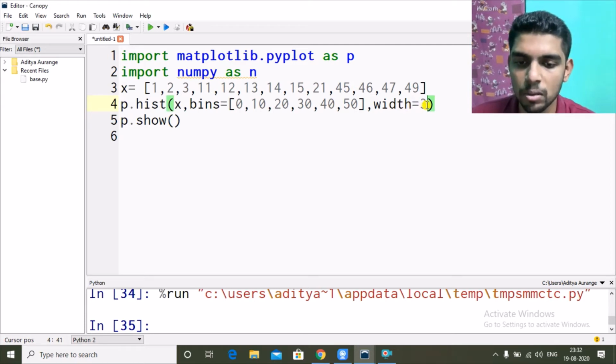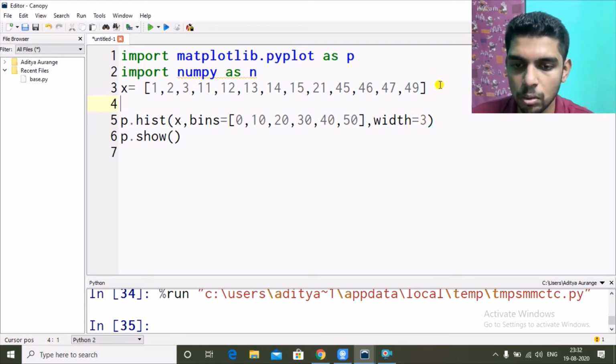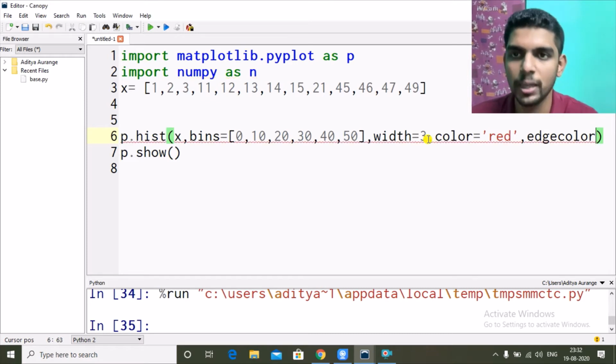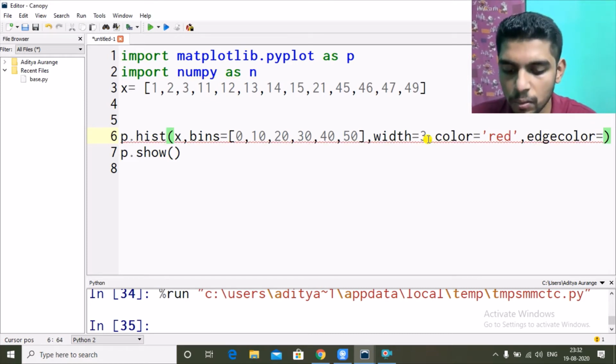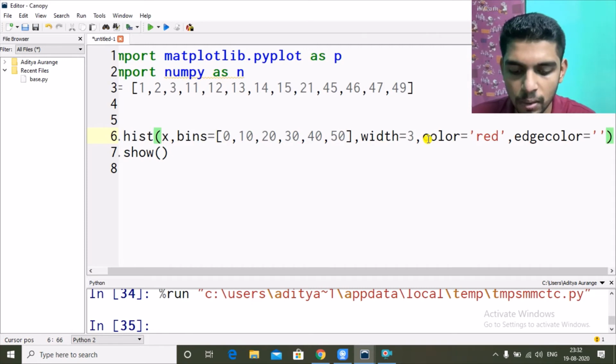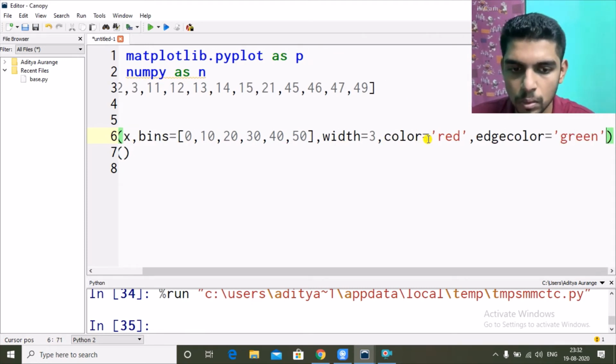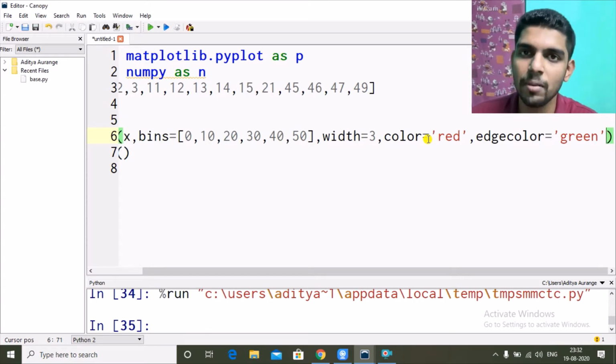Okay, let me give also, let's go to next line, color. Okay, color we can give red, there's also edge color, this property. So edges will be of a different color, equal to, let me give green. There's one more property, I will show you it later. So if I run it,